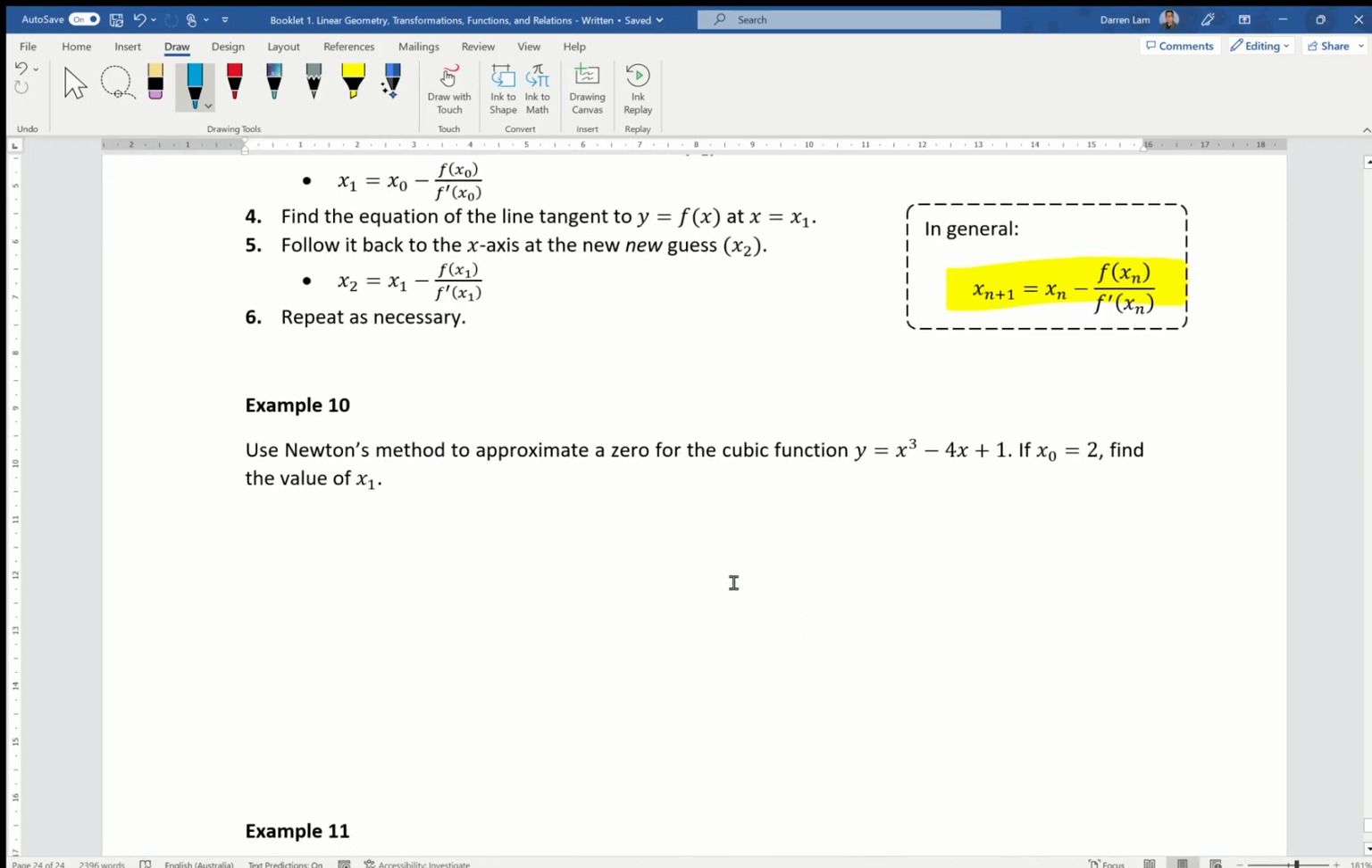Example 10: use Newton's method to approximate a 0, so it's looking for a root, for the cubic function y equals x cubed minus 4x plus 1. If x0 equals 2, so it's told us our original guess, find the value of x1. Let's do it. Off the bat, I'm going to find the solution and then see if our answer gets there. So on my calculator, we can just go,